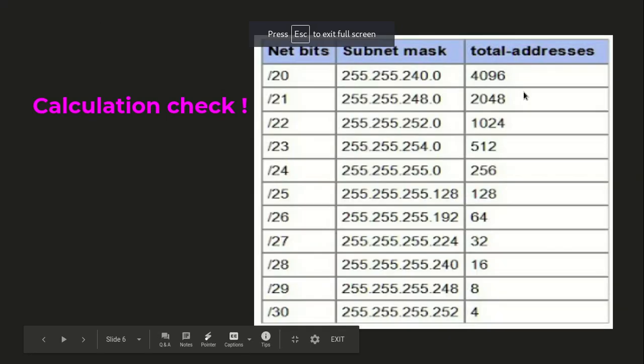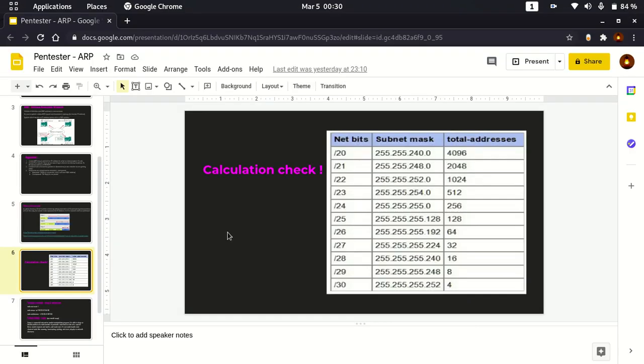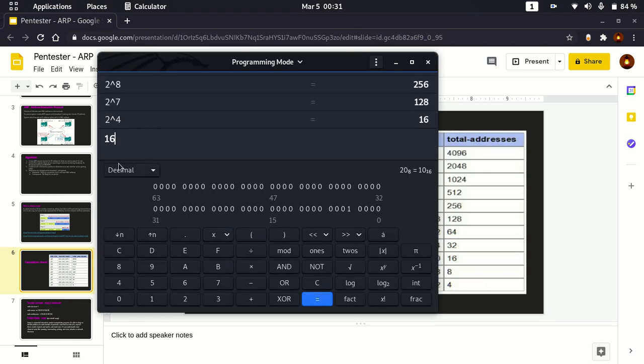Here you can see the subnet mask. For example, now we have the subnet mask as 255.255.255.0. Only the last part remains open, right? So that means that we can have 256 addresses. But how do you define that? Let's go to the calculator. You can use the programming mode, and here if I type simply 0, you can see the 8 bits. From the last you can take the 8 bits, so that means that you have 8 bits available for your devices. By using the 8 bits, we can use 2 power 8, 256 addresses we can make.